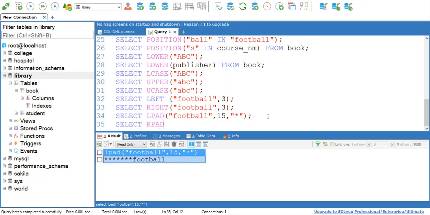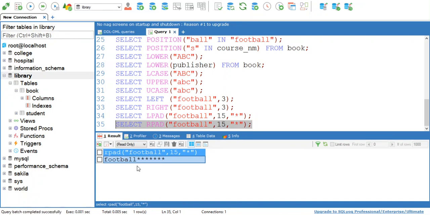Similarly, we have another function that is rpad. Rpad, as the name suggests, is opposite to lpad. Lpad prefixes the given symbol to the string and rpad postfixes the given symbol to the string.